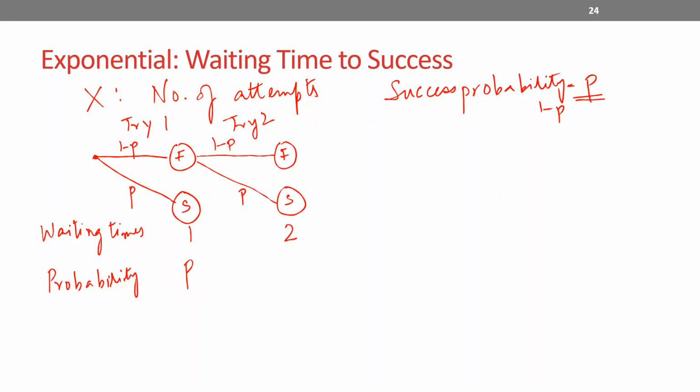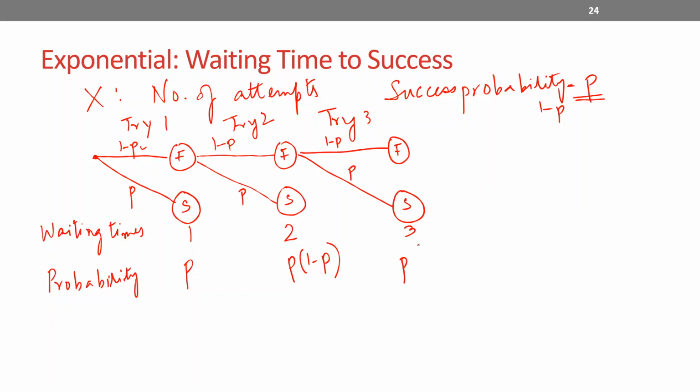This is going to be p times 1 minus p, because this was 1 minus p here, and then times p to arrive here. Again, try 3, I can get failure, success, 1 minus p, p, waiting time 3, p times 1 minus p